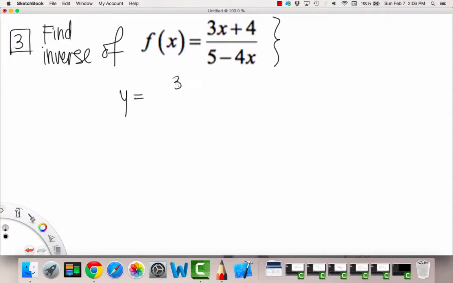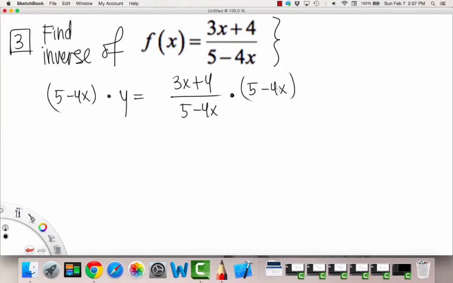So we have y is equal to 3x plus 4 over 5 minus 4x. The first thing we're going to do in order to solve for x is multiply times 5 minus 4x on both sides. Once we do that on the right side, those cancel, and we just get 3x plus 4 is equal to, let's distribute the y in. So we get 5y minus 4